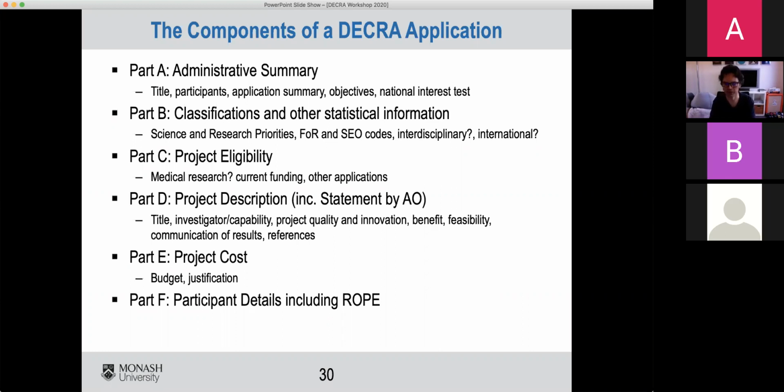Then you go into why your project is innovative. And at this point, you're starting to get into the bits that the detailed assessors, who might read everything, are likely to be reading all of this. Your College of Experts member probably sits somewhere between the minister, who might just read the administrative summary, and the detailed assessor. The College of Experts member reads the administrative summary, the high level information, they'll read your ROPE, they'll read your project description, but they're reading a lot of grants, and so they might not retain all of that information. Your detailed assessor is hopefully going through it with a fine-tooth comb.